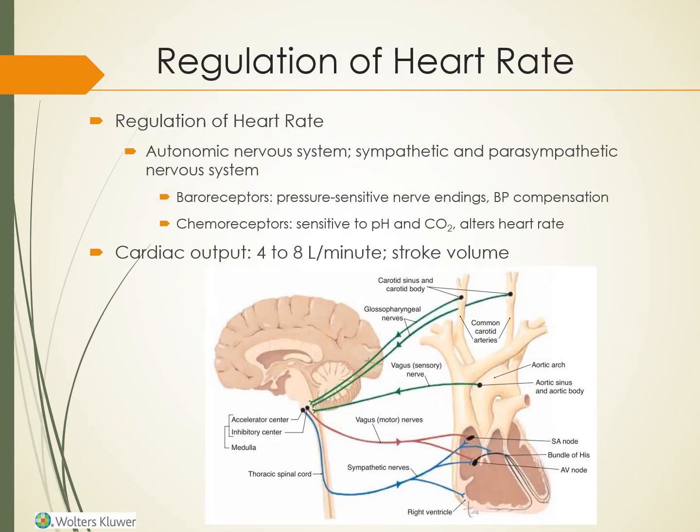Regulation of heart rate. Heart rate fluctuates according to stimulation from the autonomic nervous system, baroreceptors, and chemoreceptors. The autonomic nervous system affects heart rate through sympathetic and parasympathetic nervous system innervation. When released by sympathetic nerve fibers, adrenergic neurotransmitters such as norepinephrine and epinephrine excite the SA node in the conduction system, increasing heart rate. These same neurotransmitters also stimulate beta adrenergic receptors in the atria and ventricles, increasing the force